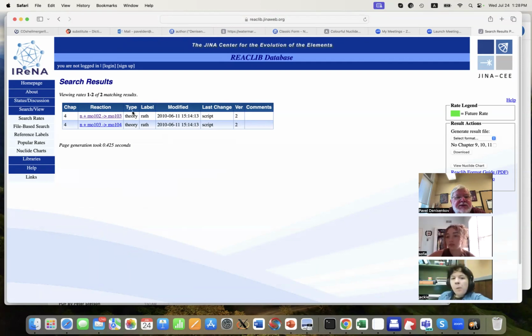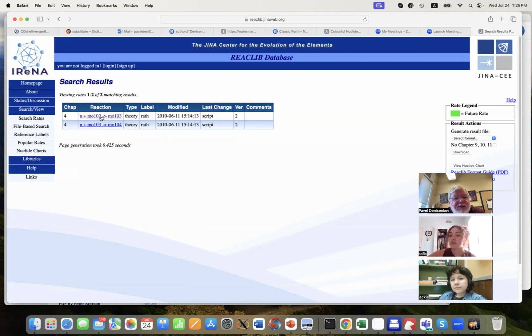You can see the type of this reaction in this JINA base is theory, which means, of course, it's not experimentally measured yet, except Andreas's results. So it's a theoretical rate, which we cannot actually trust. And what's even worse, it's a theoretical rate that was calculated in the year 2000 using the Hauser-Feshbach code NON-SMOKER. Now we have TALYS. Now we have it in 2024.